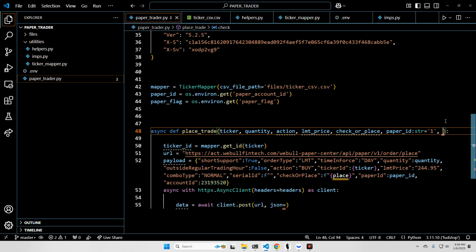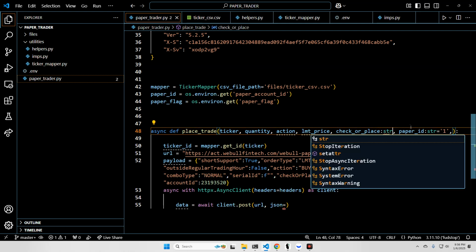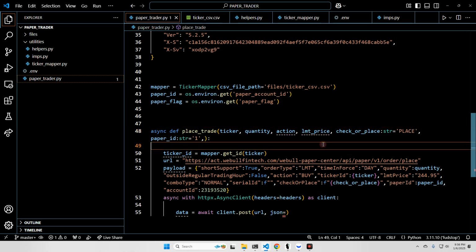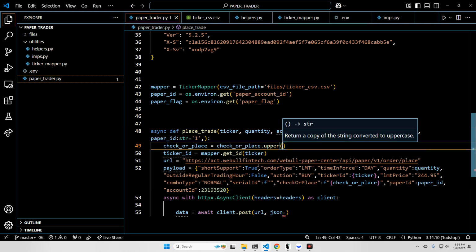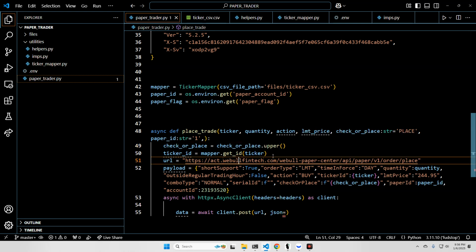No, we already have it as check or place, that's right. I'm just going to copy this here and we're going to default this to place. In case it has to be uppercase, we're going to say check or place equals check or place.upper, just in case. That way you don't have to worry about making it all uppercase. It'll automatically convert it for you. So everything looks good there. The action, we're going to need to parameterize that. And then the limit price,